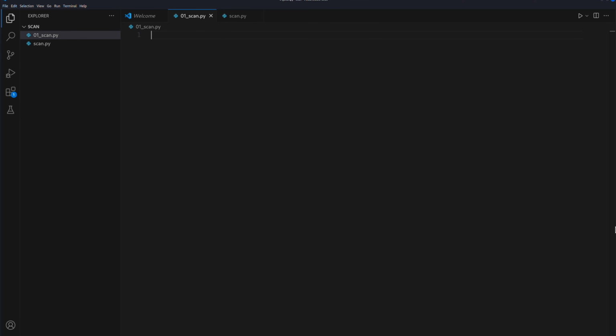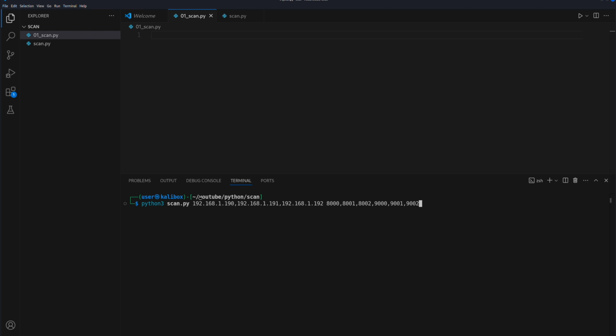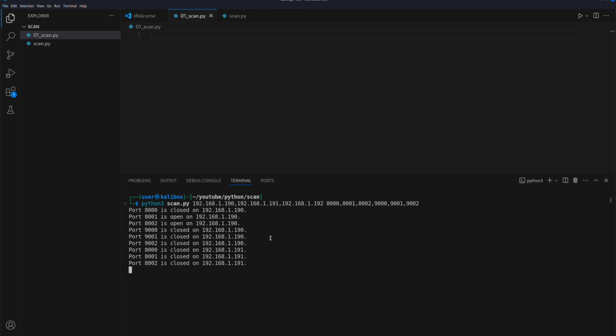So I'll give you guys a quick demo of how the final script will look and its functionalities. I've created the script. If we run it, the script will take the target IP addresses. In here, I've specified 3 IP addresses: 192.168.190, 191, and 192. And it will take a range of ports, which in this case I have used 8000, 8001, 8002, then 9000, 9001, and 9002. So if we run this, it will attempt to check whether these ports are open on these IP addresses or